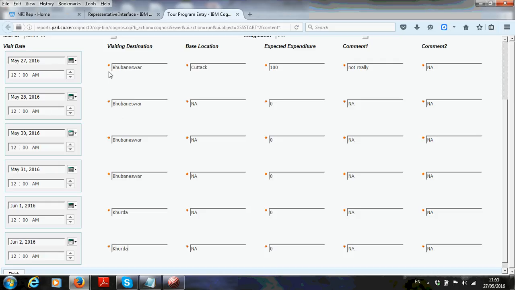So you see, I have planned to work from 27th to 31st in Bhubaneswar and 1st and 2nd in Khordha. So that's what I have filled in. My base location is Cuttack.